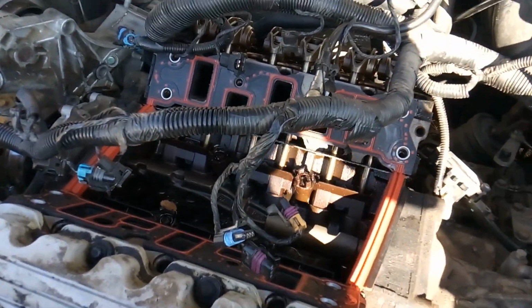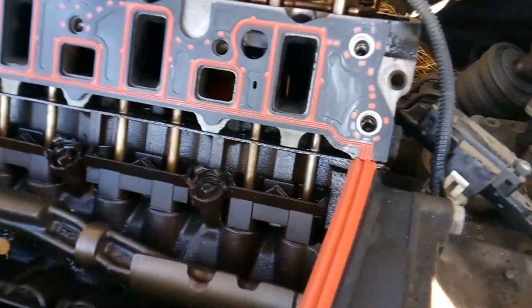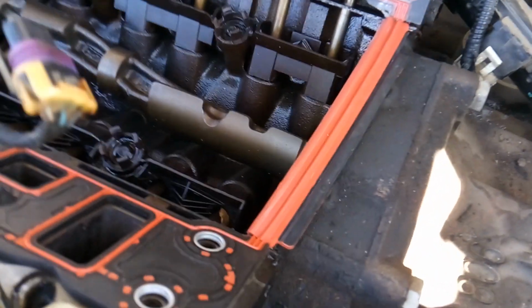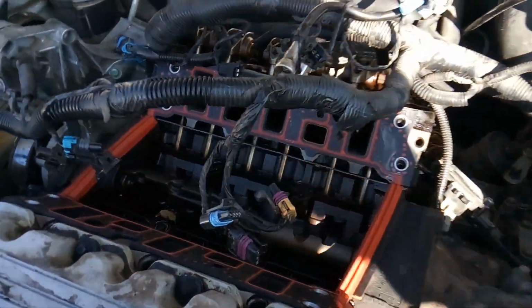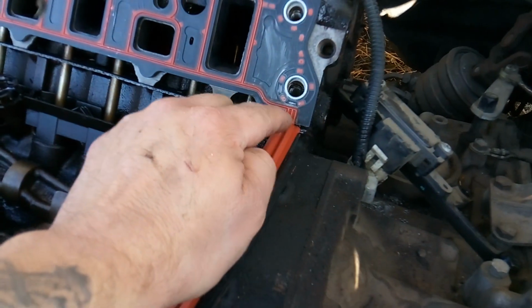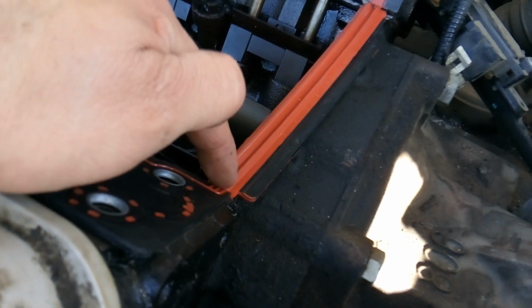And if you watched the previous video, you saw how we got it all cleaned up underneath here, underneath the gaskets and everything, and prep for install, and then we've laid our gaskets down. Now, one of the things that I'm going to do, and this is not in the book, this is something that my mentors taught me, so there is no right or wrong answer to what I'm about to explain to you, but just for some extra caution, in these corners right here where these gaskets meet, on these 90s model